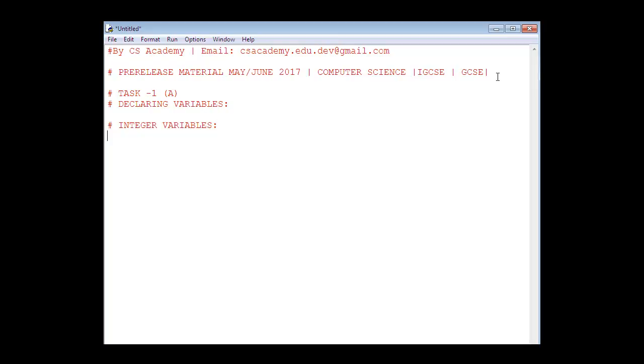What are the integer variables? First of all I'm going to declare, let's suppose, count equals 0. This count is for the counter, and then you have pupil equals 0. This will be used to input the values,